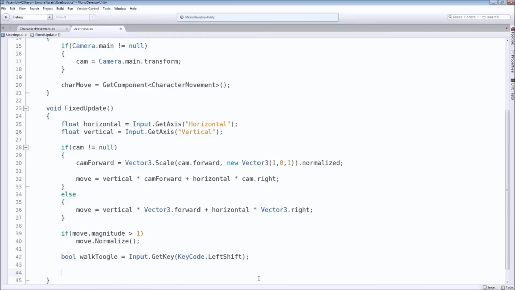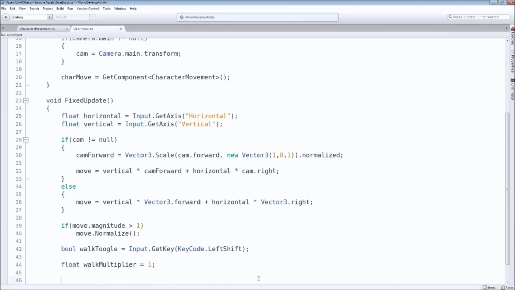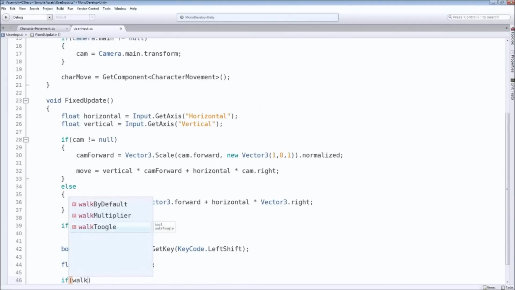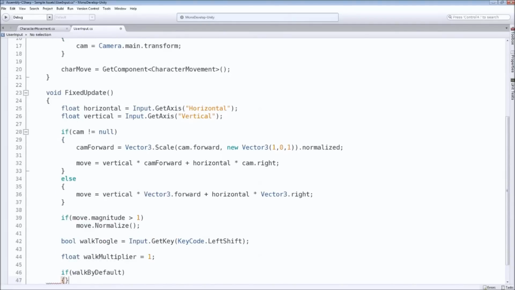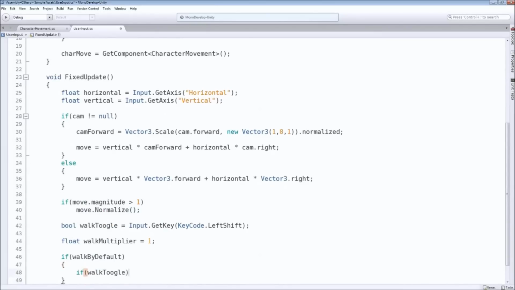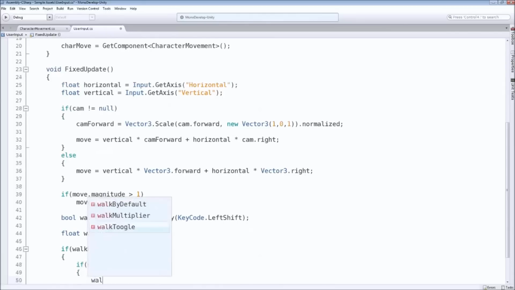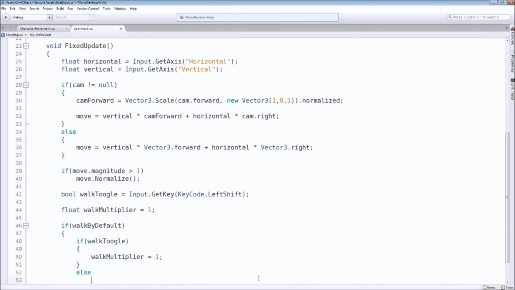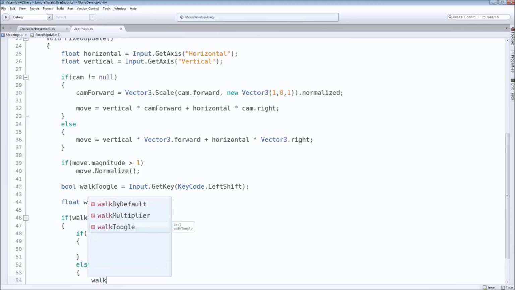So now we want a float that is going to be our walk multiplier. We'll give it a value of 1, and we will say if we walk by default and we have hit our walk toggle, our walk multiplier equals 1. Else our walk multiplier equals 0.5,